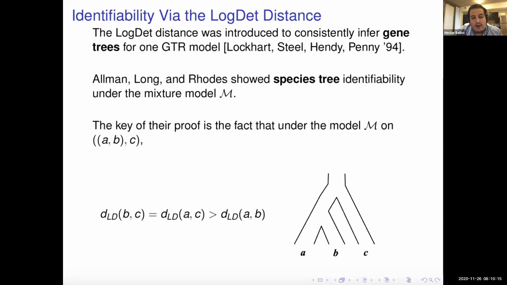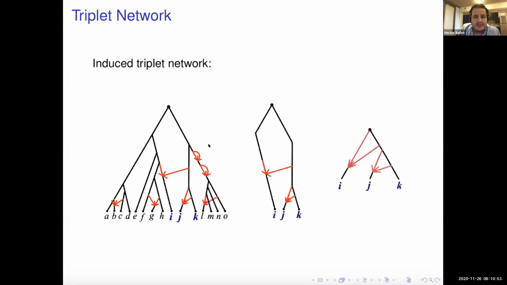And the key of their proof is the fact that on the model M, on this tree, the LogDet distance between B and C and between A and C is equal and greater than the distance between A and B, which, in terms of a metric tree, you can always think, oh yeah, that makes sense. But the problem again is we have all the noise from the coalescent and then the different GTR models. So that is not trivial at all. And the reason I'm telling you about their approach to their proof is because we did something similar,